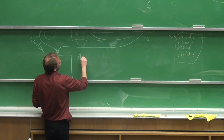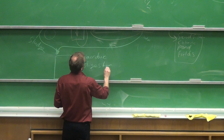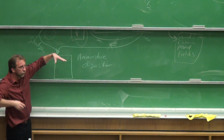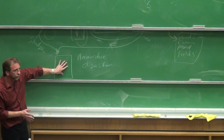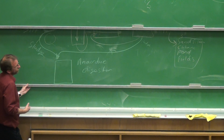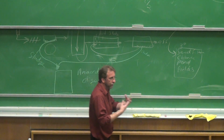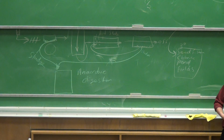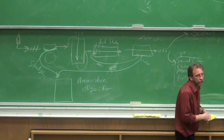are brought to what is known as an anaerobic digester. An anaerobic digester is a huge concrete tank, if you will, that the sludge gets pumped into, and it is maintained at a temperature that will facilitate bacterial activity. And we actually have a community of bacteria here that are breaking down the organic matter. You got some bacteria that break down the organic matter, and they'll produce CO2 and or they'll produce an acid, acetic acid, and CO2. And then you've got some microbes that'll break that down, and then